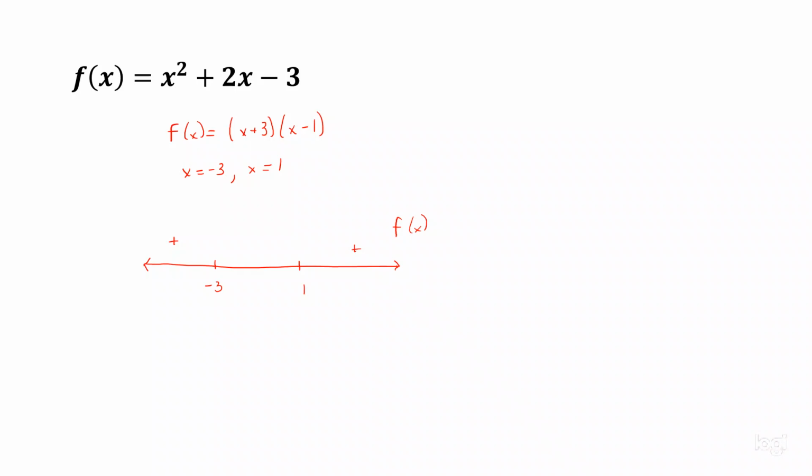Now, we can choose any number between negative 3 and 1, not including either number, but any number between negative 3 and 1. The easiest number to choose in that region would be 0. So it's 0 plus 0 minus 3, and so f of x is negative, which means f of x is positive